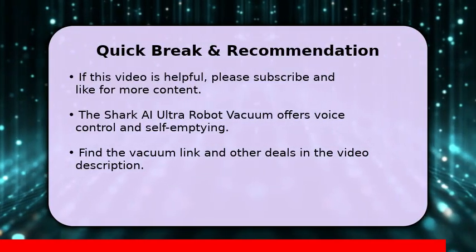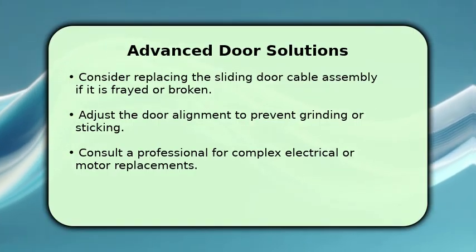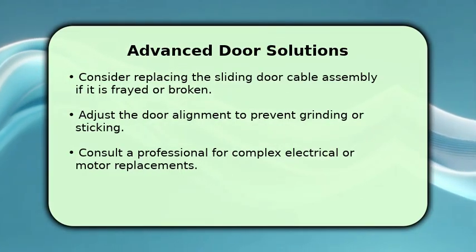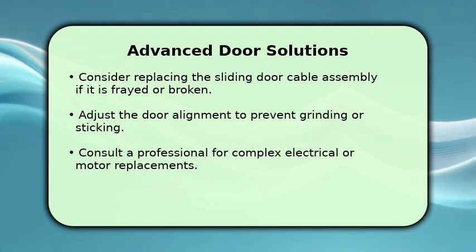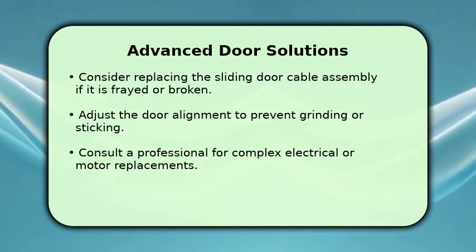Now let's get back to the video. For more complex issues, you might need to replace the entire sliding door cable assembly, especially if it's frayed or broken. Proper door alignment is also key to prevent grinding or sticking, so adjust it carefully. If you encounter complex electrical problems or need a full motor replacement, it's often best to consult a